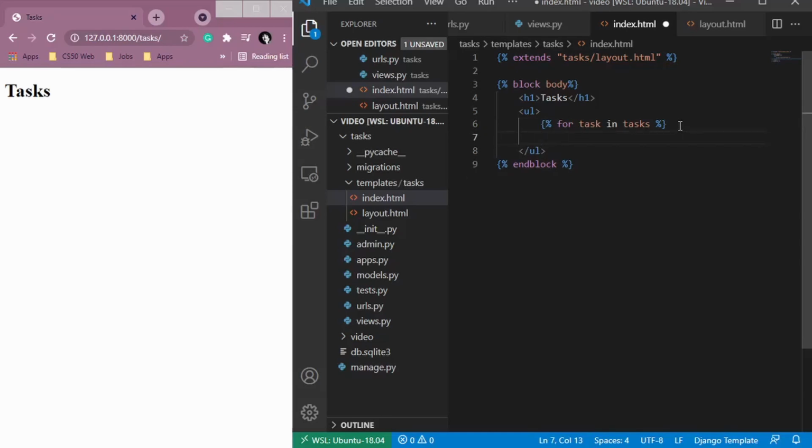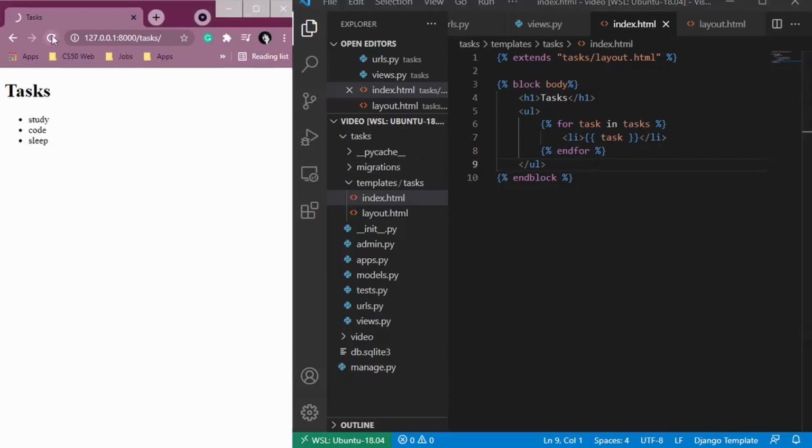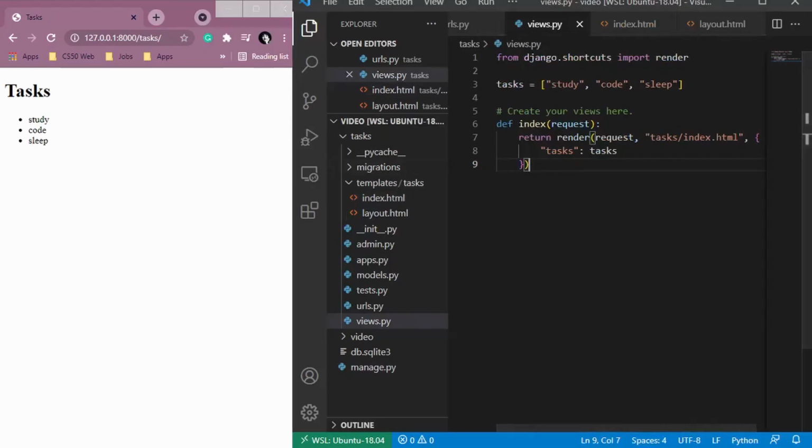We're going to create a list item that is going to be double quotation mark task. And when we do this way, let's close the list item here. When we do this way, this is not going to print task. It's going to print the value that we're receiving from the views.py. Okay, and after this, we have to close the for loop block. So end for. Okay, so let's see how it goes. If we run this in here, now we have our study, code, and sleep tasks showing up in here